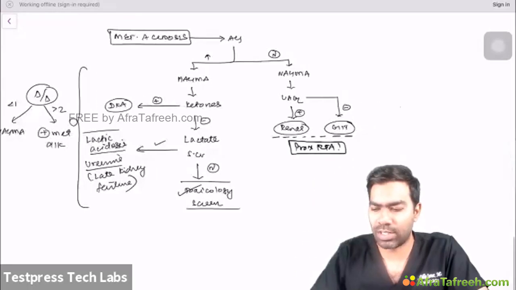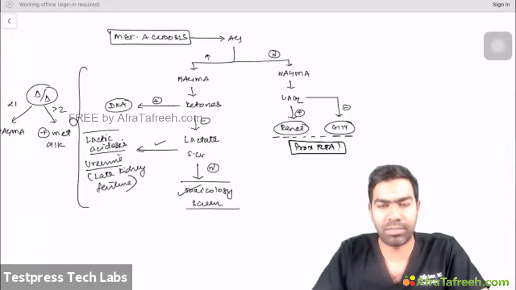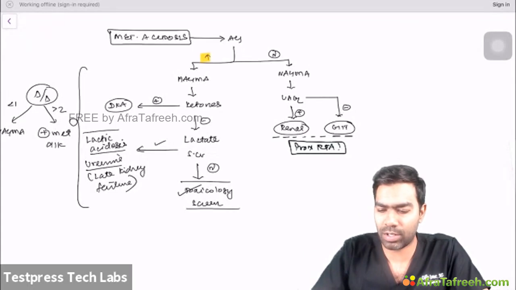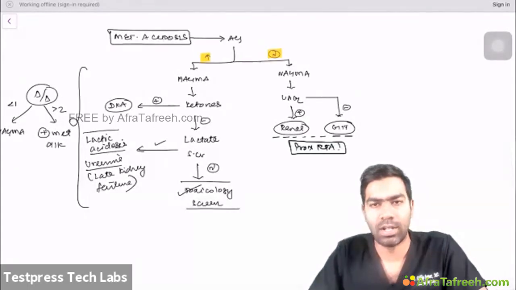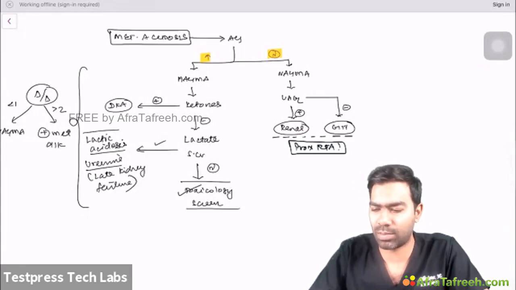So, which we have discussed already. This is a simplified approach to go for a metabolic acidosis depending on the anion gap. Now we know what are the causes of non-anion gap metabolic acidosis, what are the causes of high anion gap metabolic acidosis. But more importantly, we have not discussed one particular entity which we need to discuss,